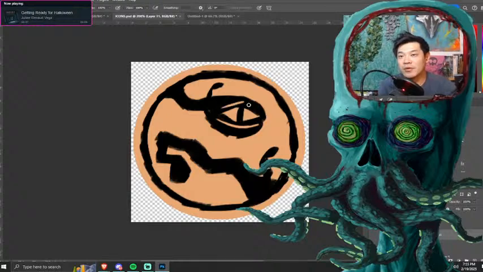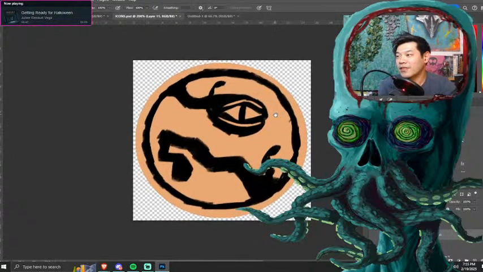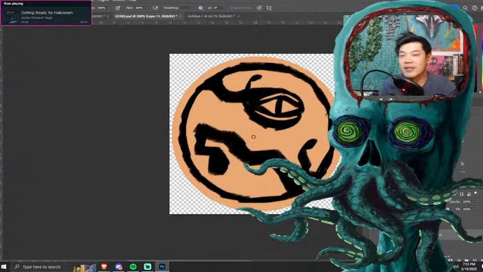I'm sort of getting away with that because even if you can't see the details and you don't know what they are, there are some big shapes which hopefully